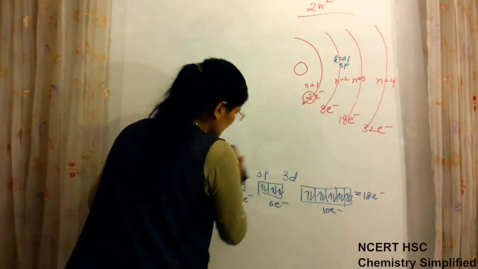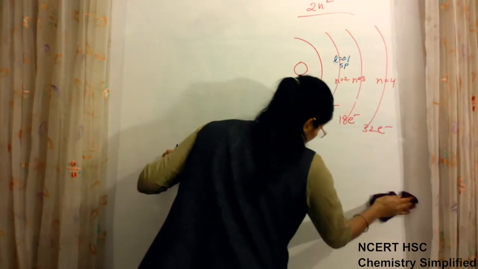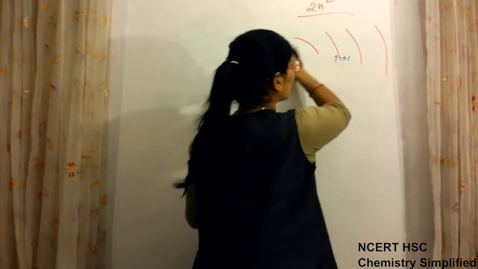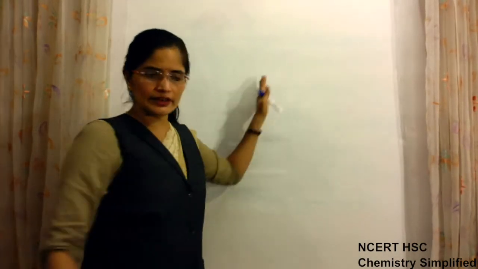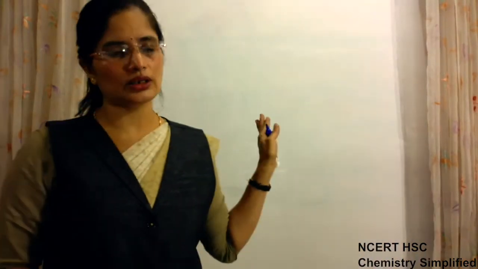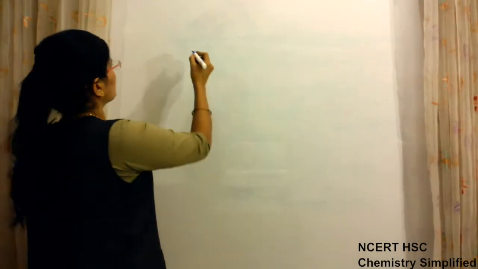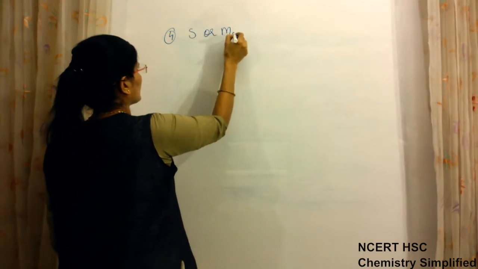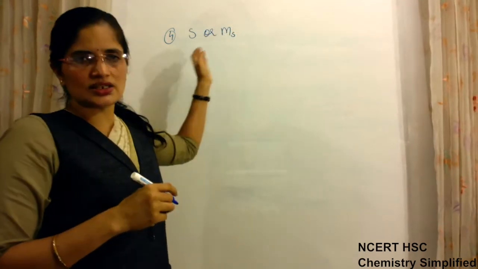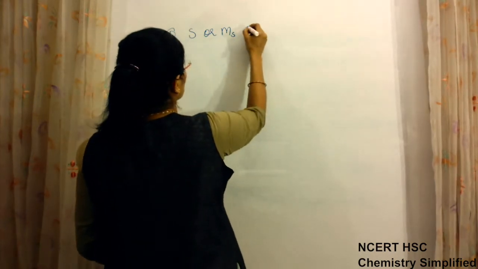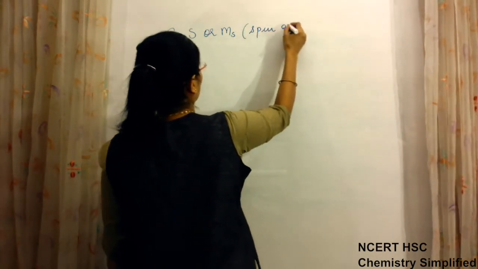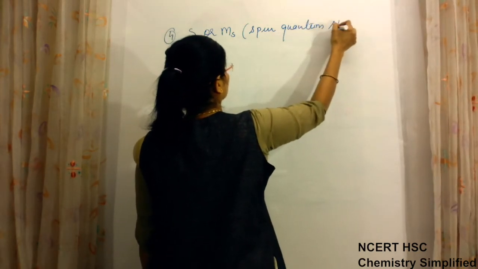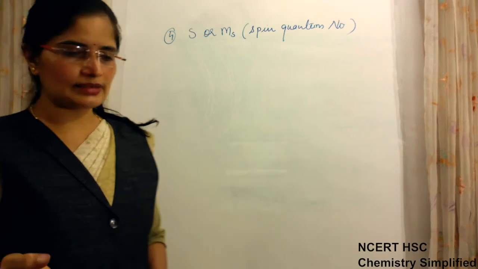Okay. Now the 4th quantum number which is left is not very important from the point of view of filling of electrons, because filling of electrons is based on only these 3 quantum numbers, N, L and M. S tells about only the spin of these electrons. Now the 4th quantum number, you can write S or MS. Okay, both notations are used for it, and it is known as the spin quantum number. Okay, what actually is this spin quantum number?